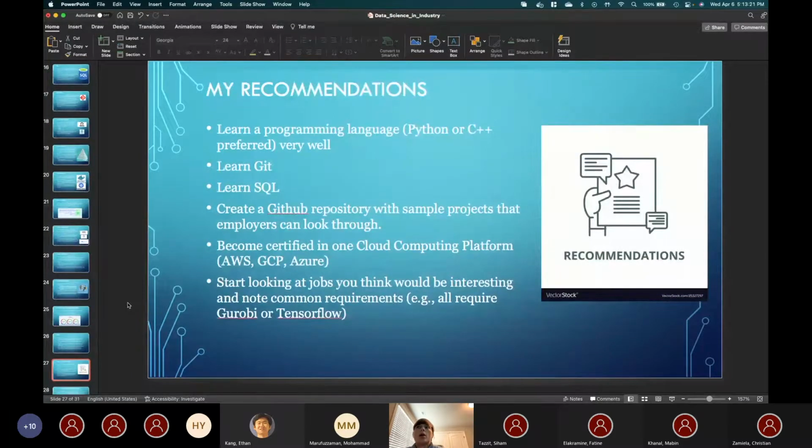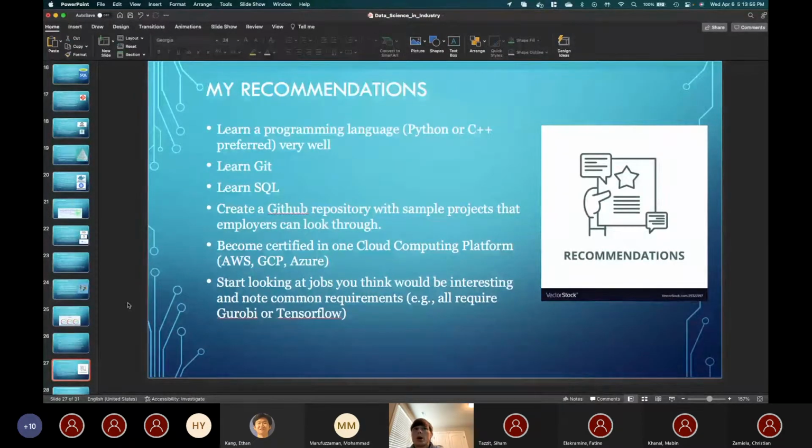So with that, I wanted to get to my recommendations. I've put these 6 down as things I would strongly recommend you to have before you start looking for a data science job. But I will caveat that by saying that I only had about 4 of these out of the 6 and was still able to get a job. So this is not something where you have to know all of them or you will not be able to get a job. This is just something that if you do know all 6 of these things, along with having a PhD, I can guarantee you that you will have no difficulty finding a job whatsoever.